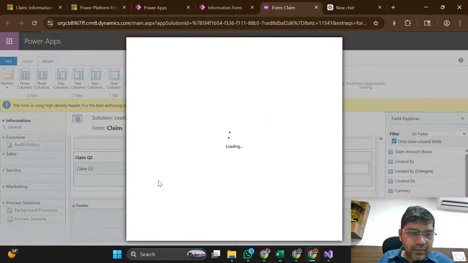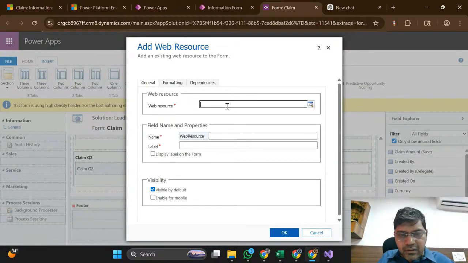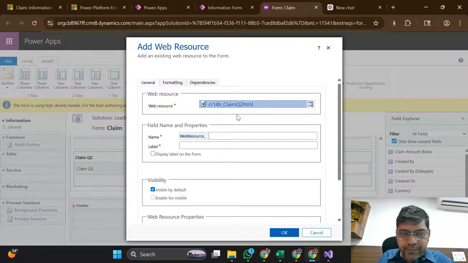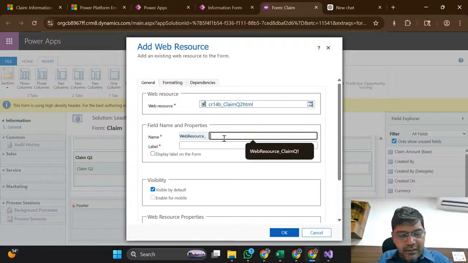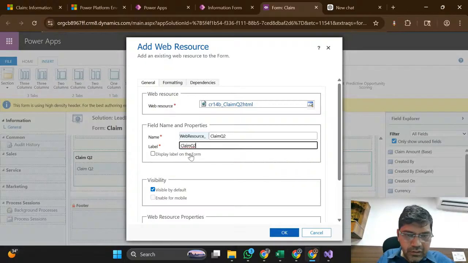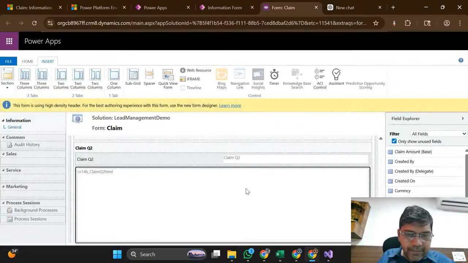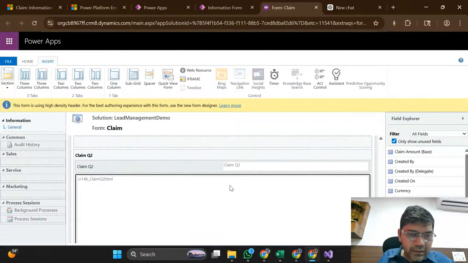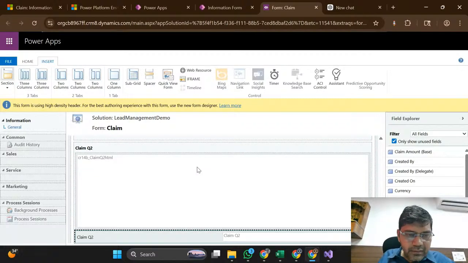Insert again a web resource. Star Q2. Q2, claim Q2. Okay, in a similar manner we have added, but let's add this one now, because first,